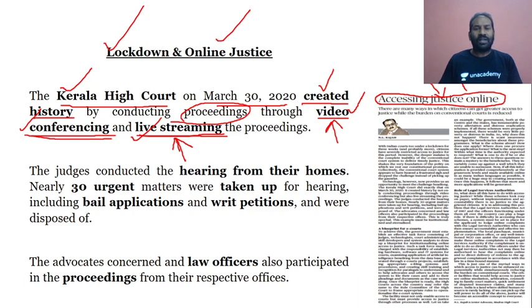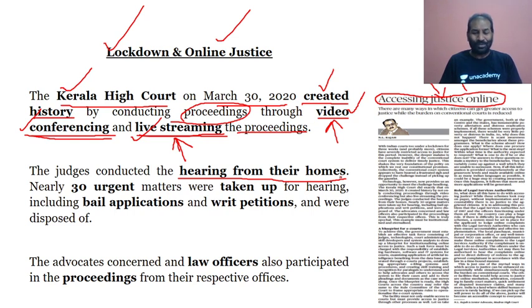And the judges have conducted the proceedings. We have seen the live streaming and the video conferencing in the proceedings. So what kind of proceedings have taken place and how the process has taken place, we will look into it. The judges have conducted hearings from their respective homes. So we have seen the entire judiciary system, the judges sitting at their respective homes,